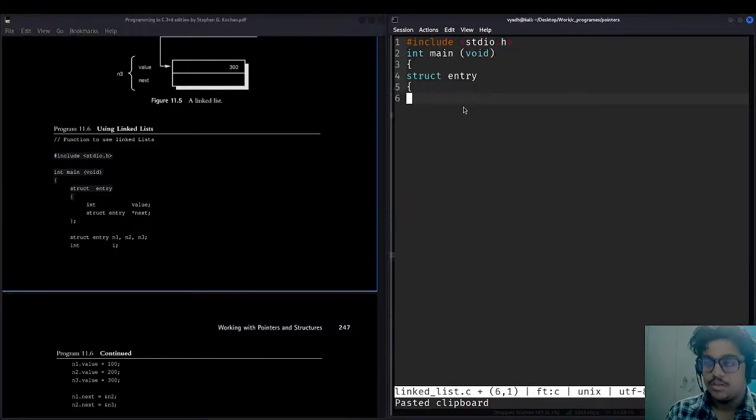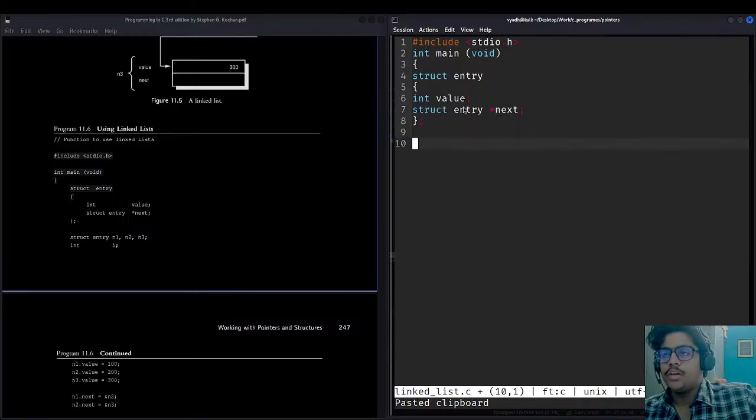Inside the structure entry, we are taking a simple integer, that is int value, and we are taking another structure inside this, which is itself struct entry, and we are taking a pointer next. Okay, let's close this.